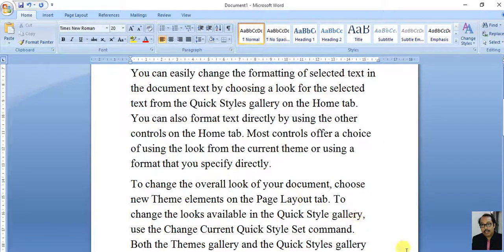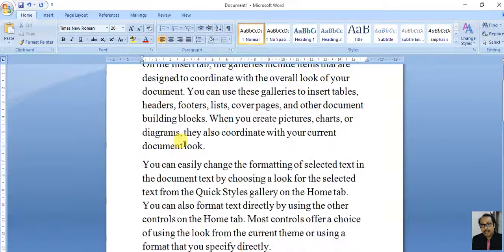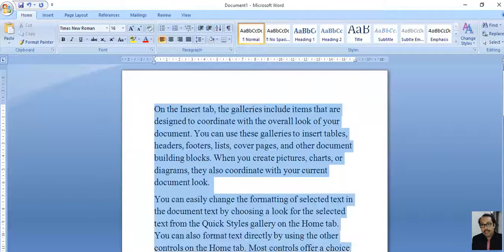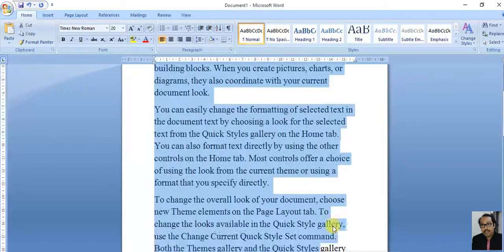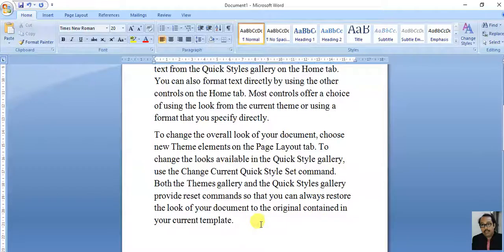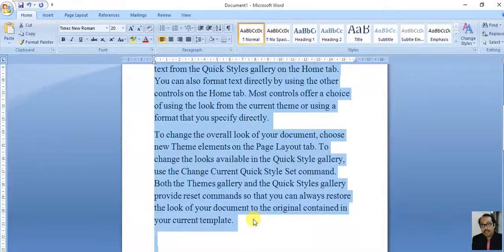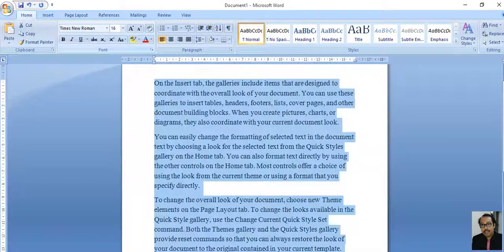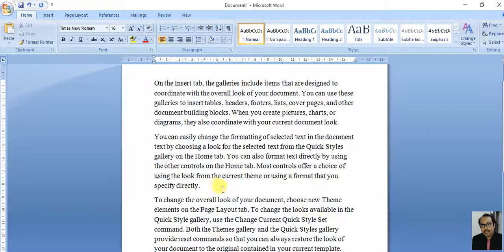Now I am going to write a paragraph. Okay, I write a paragraph here. What I did, I used a function called RAND. RAND means random, and I have written something there. Okay, how to select the entire text? It is Ctrl A. Press Ctrl A, you will find that the entire text is selected. Now change the font size. Say make it 16. Okay, now it becomes 16. The font size is 16.